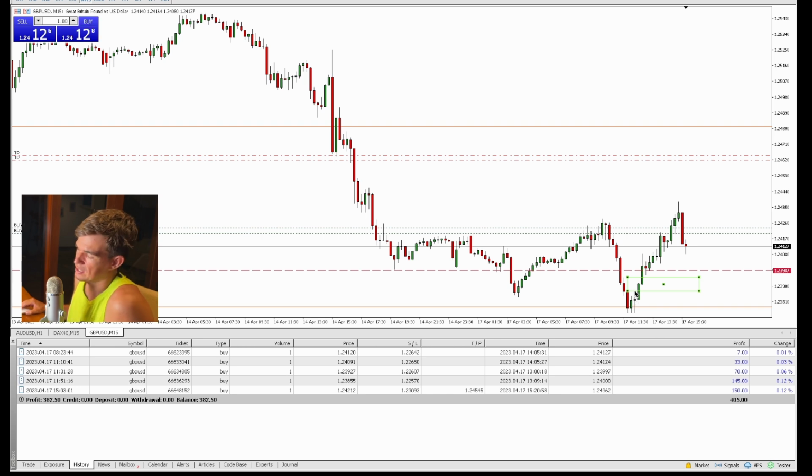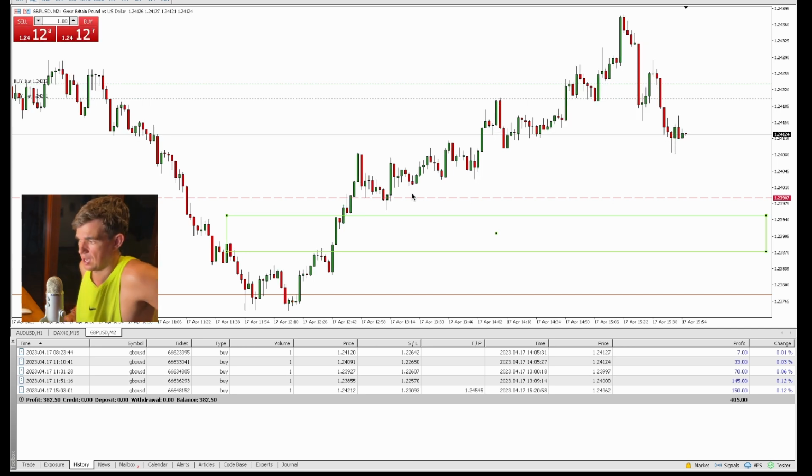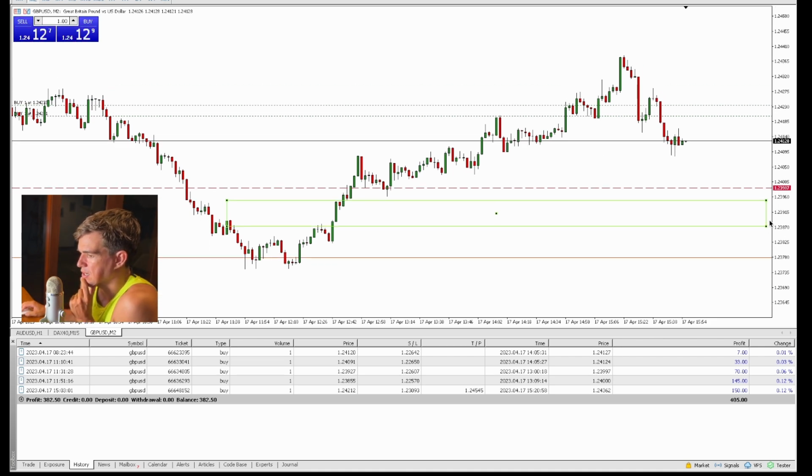I traded quite conservatively up to here. If we look at this 2 minutes, we had nice fair value gaps filled, and that's what I traded. If I had kept my positions, I would have been hitting my target by now. So there is a little bit of, I guess,